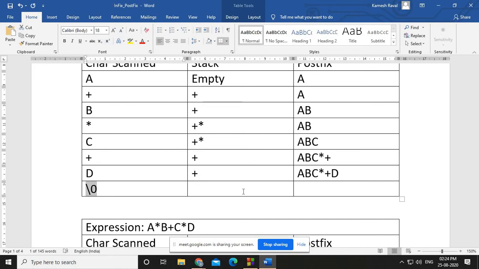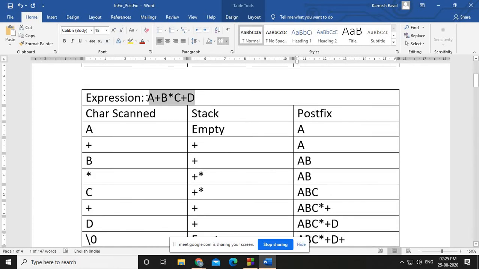So my stack is having only one operator, that is a plus, and if I pop that plus, the stack becomes empty. So this is the final postfix expression of this infix expression.